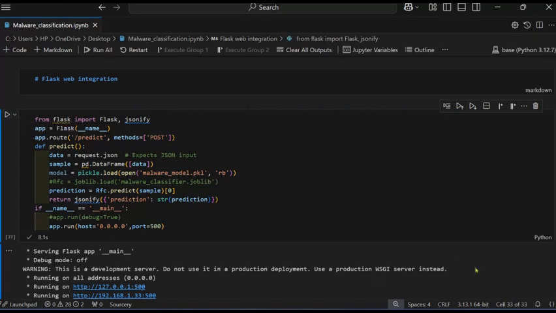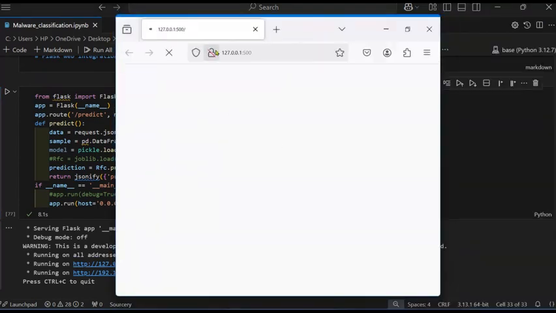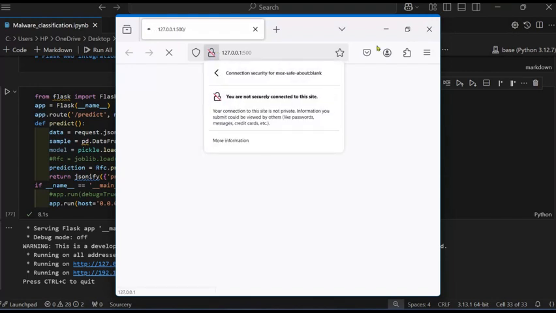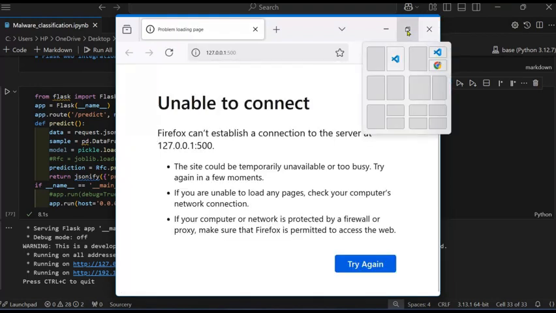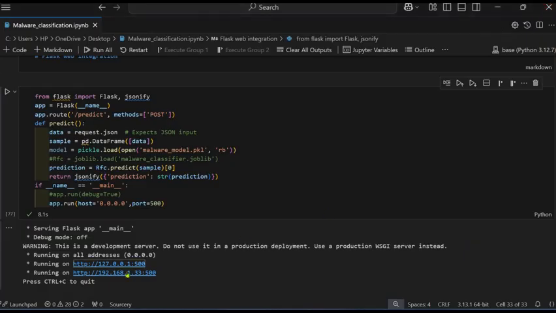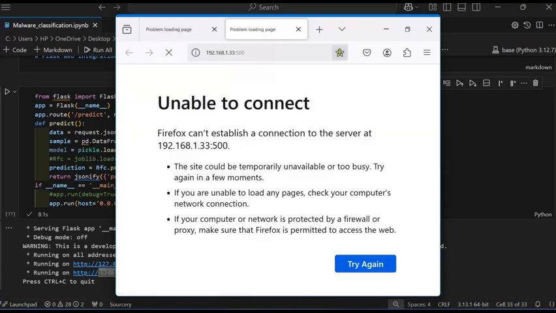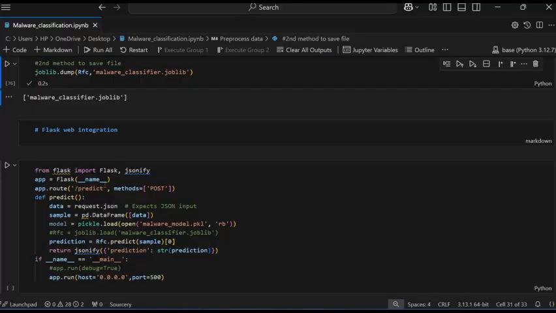So it gives the server service. This is the path for the browser. If I open this, it shows an error. There is a problem: unable to connect. The second one is also not working. I also used the virtual environment, but it did not work properly.